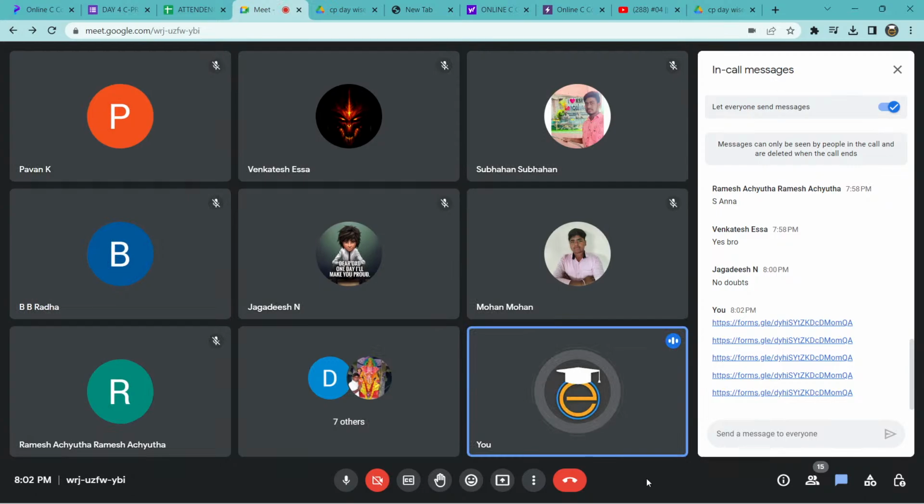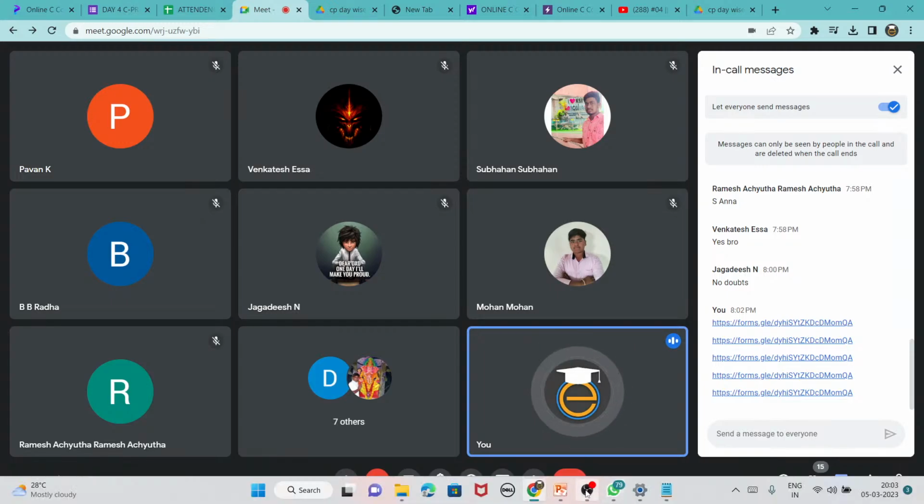So hope you people are clear with today's class, right? In this class we discussed the control statements. In the control statements we discussed simple if else, nested if, and if else ladder, and also we discussed these switch case statements. In the next class we will see the control statements in the